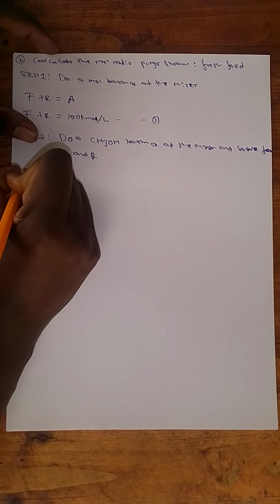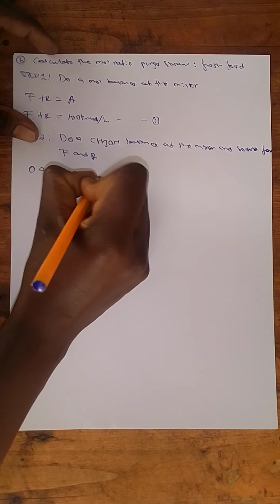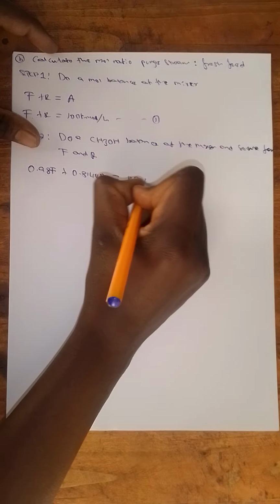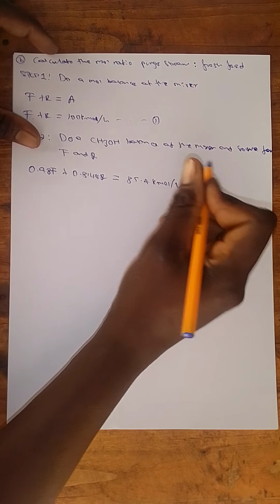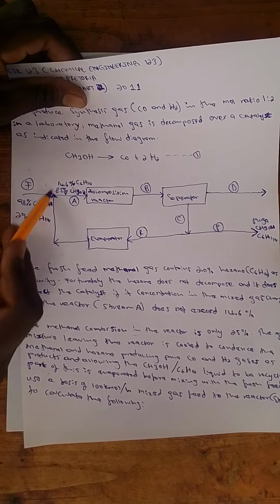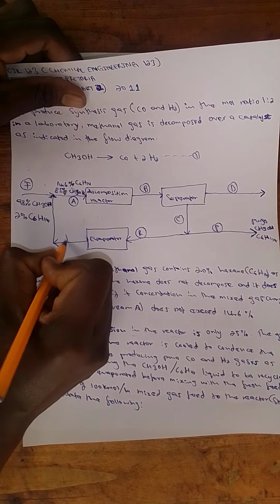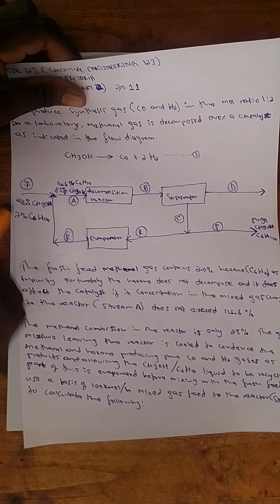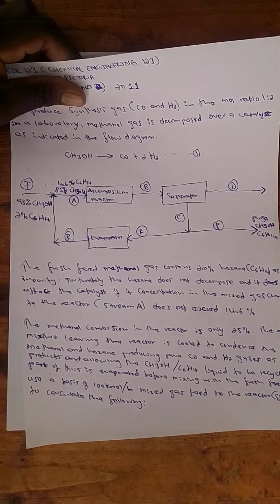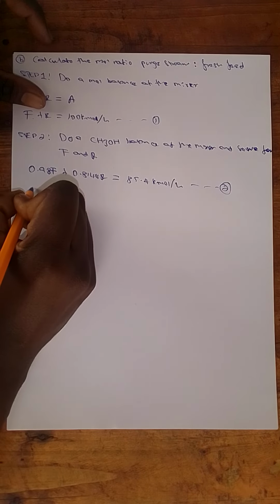We can just say that 0.98 F plus 0.8144 R is equal to 85.4 kilomole per hour, and that becomes our second equation. That is to say, all of the CH3OH in the feed plus all of the CH3OH in R is equal to all of the CH3OH in A. So we just did that balance, and doing further simplification,